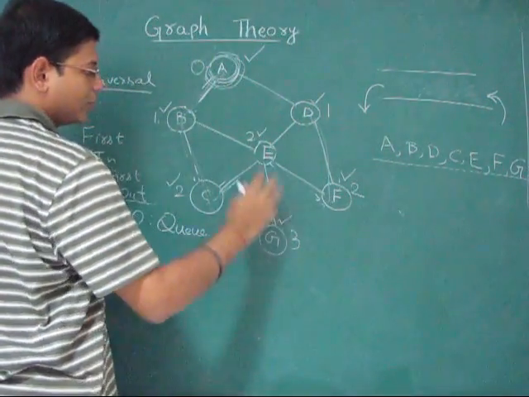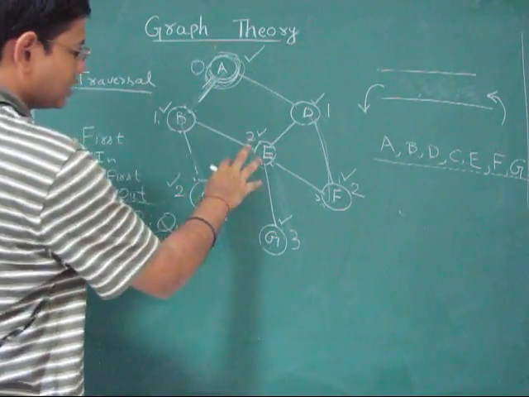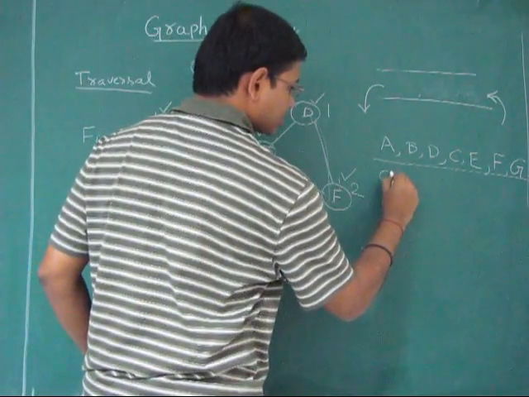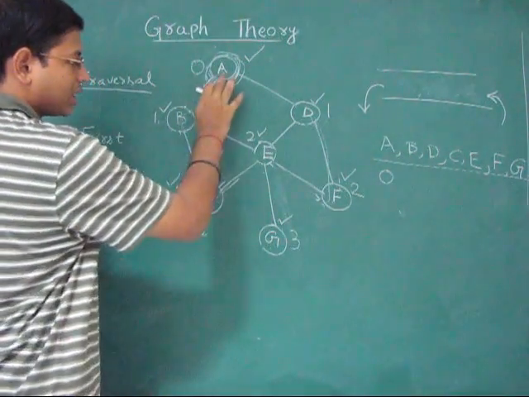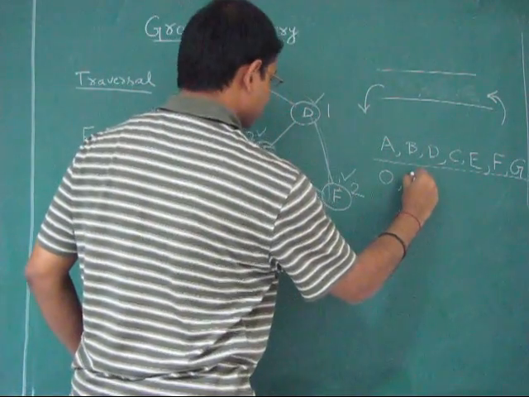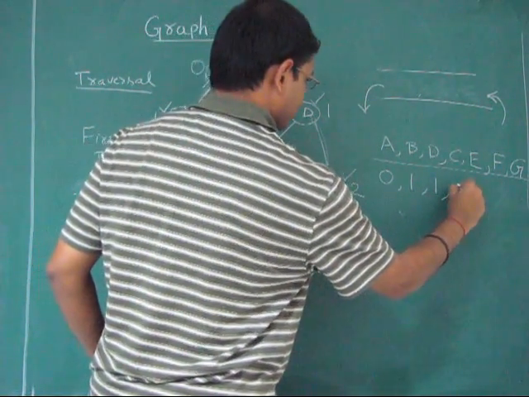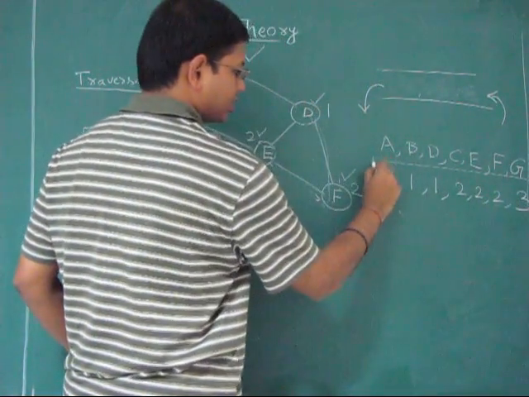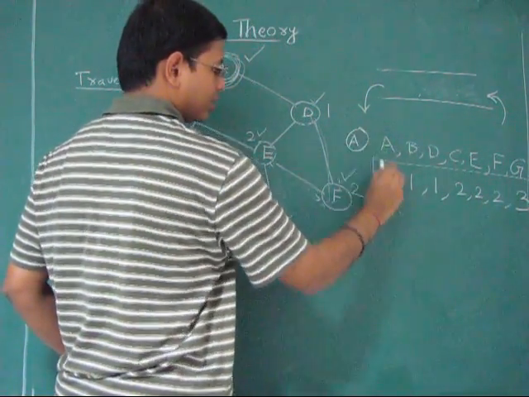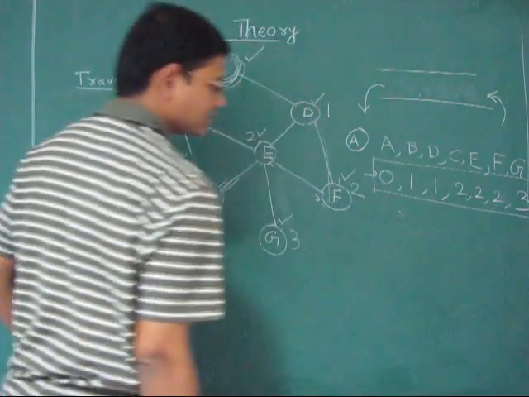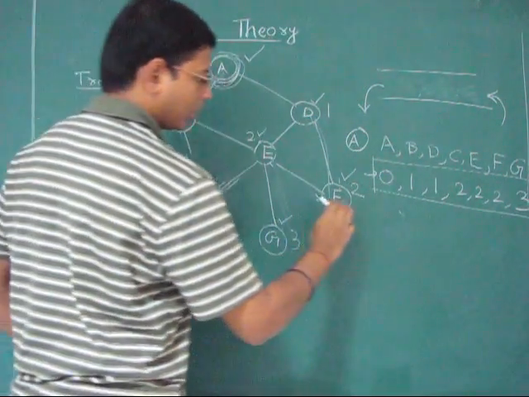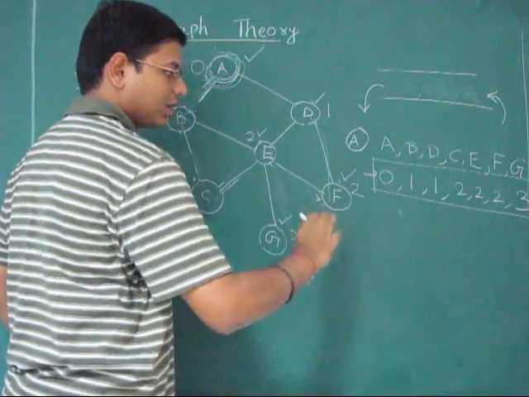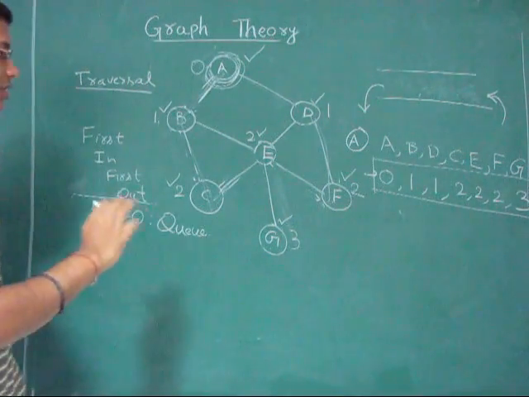If you take the neighbors in some other order, it may vary, but if you look at the distances for each of the nodes starting from A, the distances are like this. The distance to each of the vertices starting from A is given by this array, and you can see it is always a non-decreasing function. So the order in which we visit will be a non-decreasing sequence. That's what it ensures.